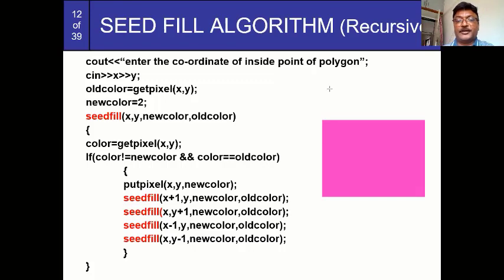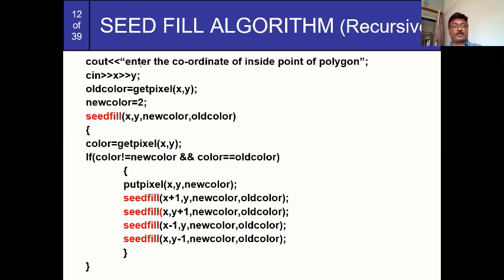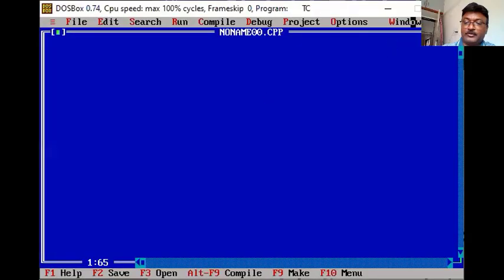So just begin the program for the seed fill. Is there any question till now? No. Proceed. Last 5 minutes remaining. Once this is disconnected, you have to connect again on the same link. Okay. You have to start with the same link. Now proceed. So just we are going to start our program.